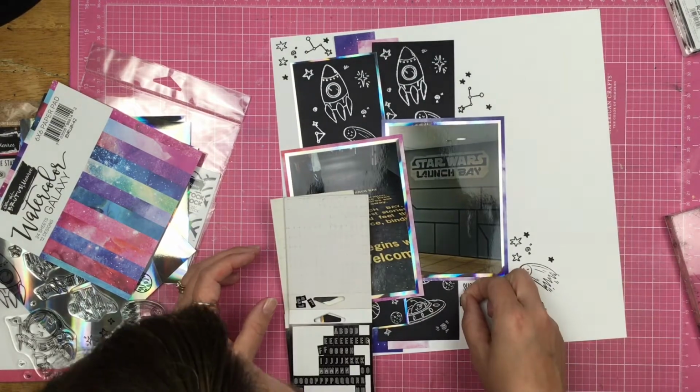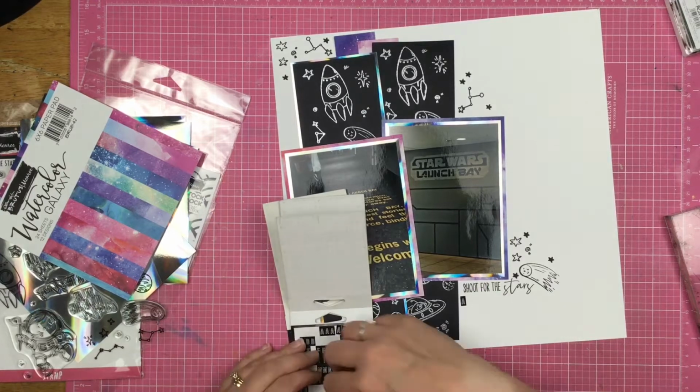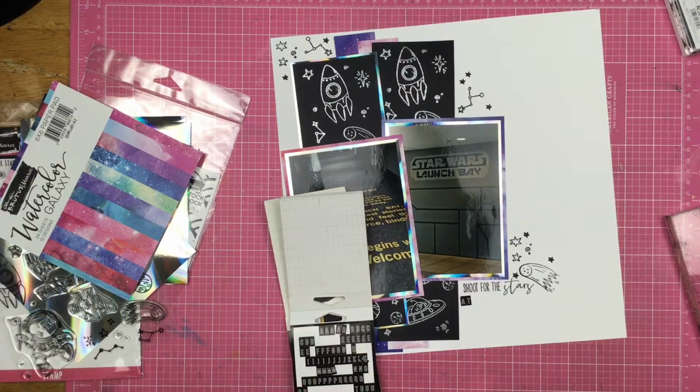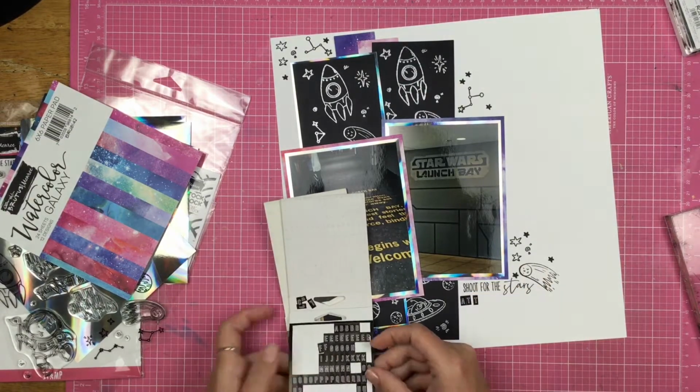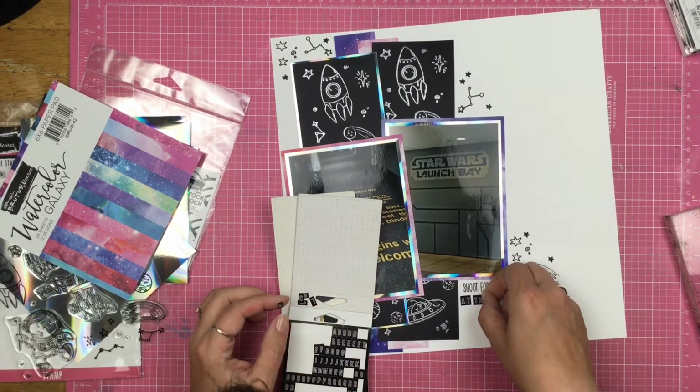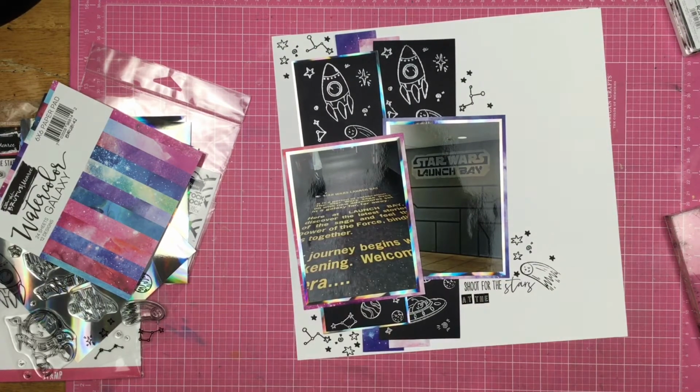that, and then I pull these black and white tiny tile letter stickers from my stash, and I'm going to go ahead and spell out some words here. And I honestly don't remember what the title is of this layout. It's been a couple days since I did it. Oh, here we go. So I have shoot for the stars, and then I put down at the, and then